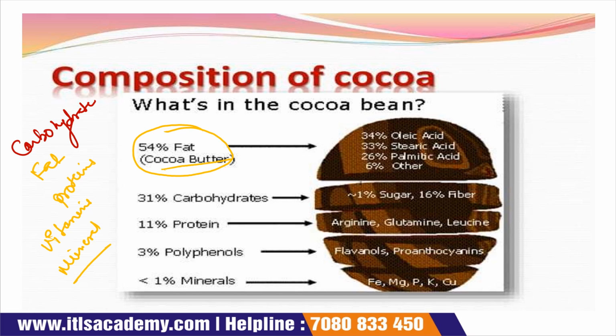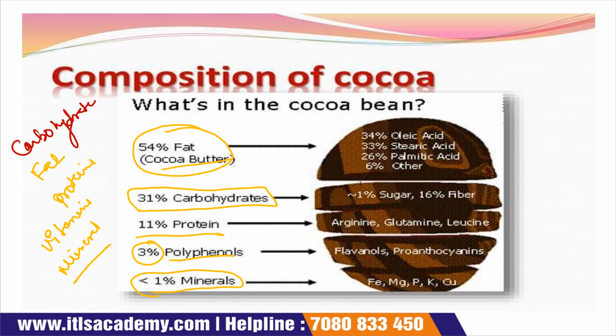Around 54% of fat is present in cocoa beans, which is also considered cocoa butter after processing. So the amount of fat is about 54%, and 31% carbohydrates are present, 11% proteins, 3% polyphenols, and less than 1%